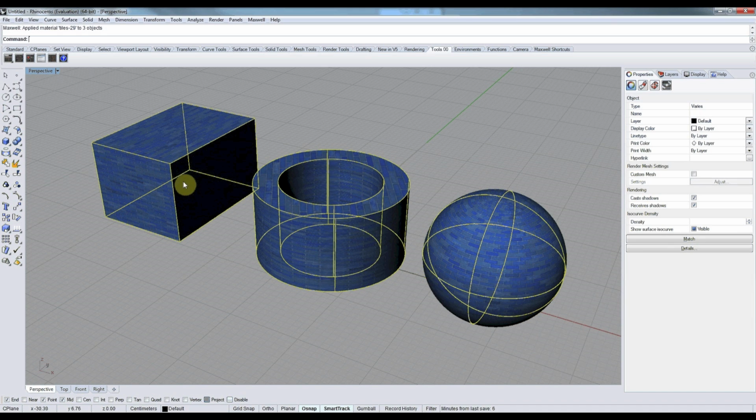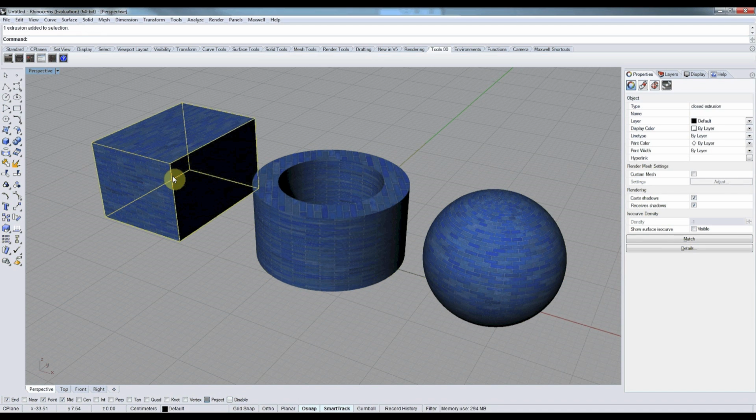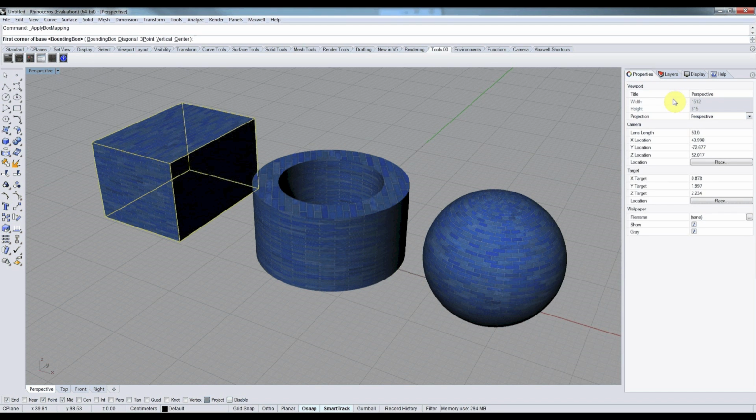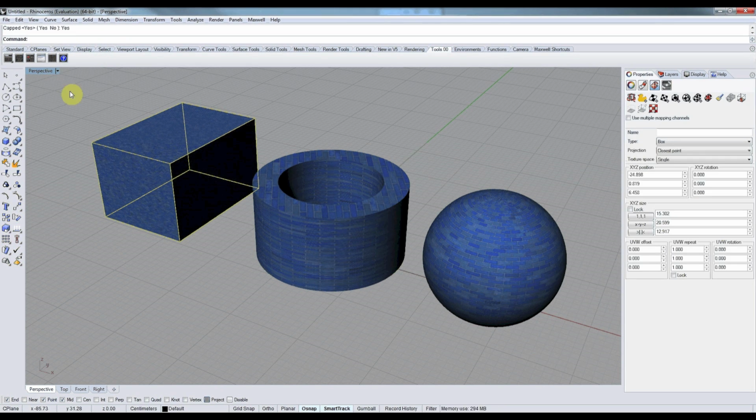So I will choose the box and go to Properties, UV Mapping, and I will put a box, apply box UV mapping, and I will choose the default settings, but of course you can just press enter. Okay, and we see the dialog on the right,